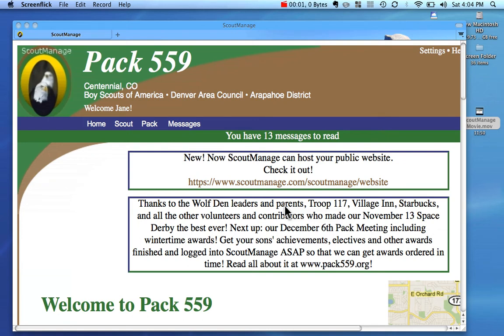Quick PAC 559 tutorial on how to input information about your Scout into ScoutManage. We're going to be focusing on two things: how you can show and input information about your Scout's rank advancement, like their achievements and the things they've been earning to get their next rank, such as Bear, Wolf, Webelos, and then also how you can put things into ScoutManage when your Scout has earned a belt loop or a pin